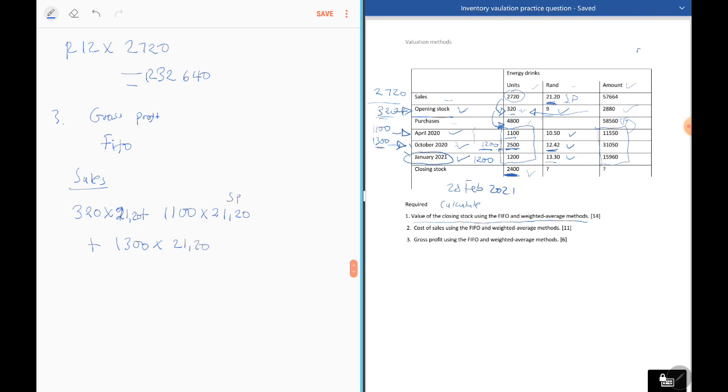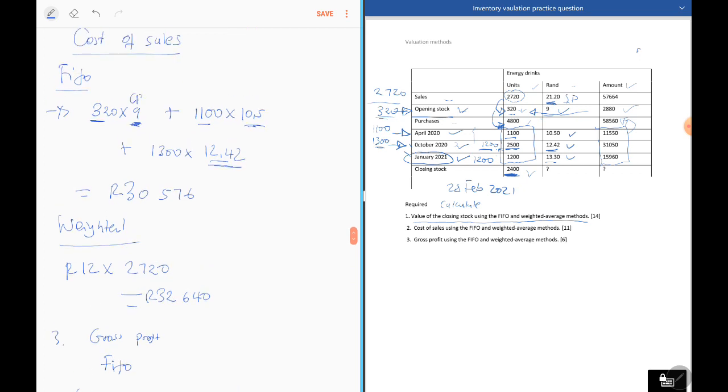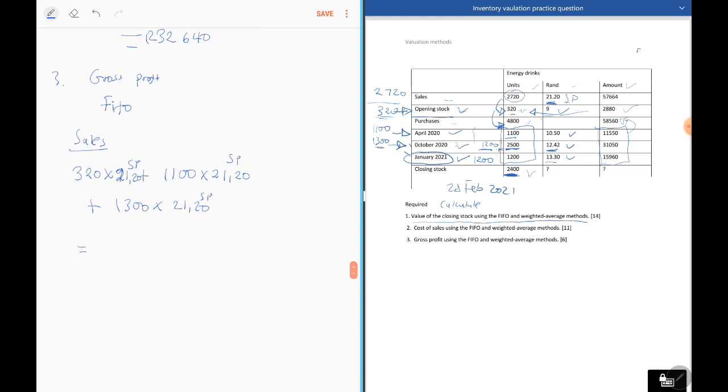So I'm using selling prices here, because I'm calculating sales. Here I was using cost prices. And then this will give you how much? Let's see. That's 320 times 21 rand 20. So this will give you, and in fact it's just easy. This is just easy, guys,